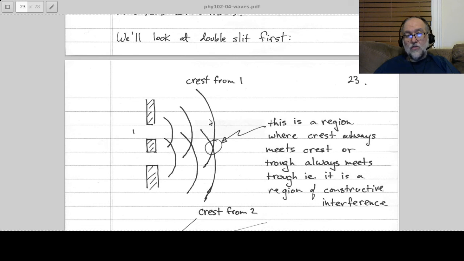You're in between these two crests from 1, so you're on a trough right in there in the middle. You're on a trough from 1, and this line here is a crest from 2, so right in there, trough from 1 meets crest from 2, destructive interference. And it doesn't just happen at one particular point in time. As this pattern evolves, because remember these crests are moving out, it is always the case at all times that just slightly off center, you've got always destructive interference. Constructive in the middle, destructive beside it, then constructive, destructive, constructive, destructive, like that. Okay, this pattern persists over time, and it is